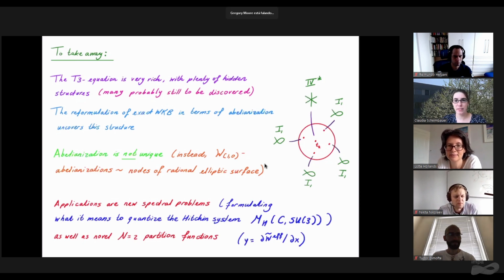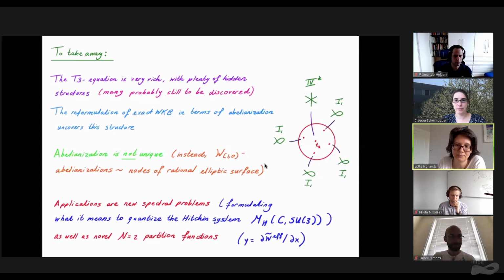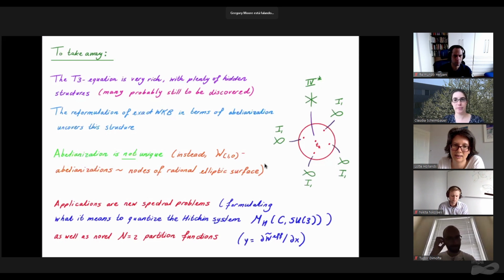Could you say a little more conceptually what you mean by saying the abelianization is not unique? It looks like you found this in this very non-trivial example. I'm trying to understand what you mean by the abelianization is not unique. So if we suppose we have a spectral network, then there's kind of a prescription for